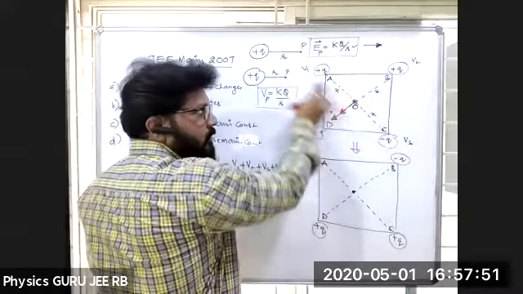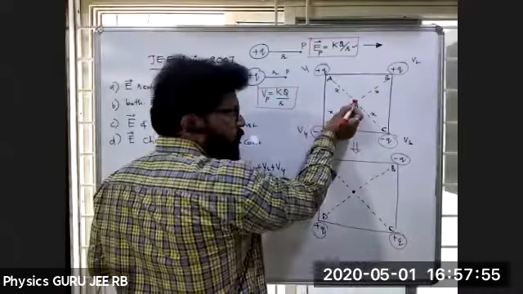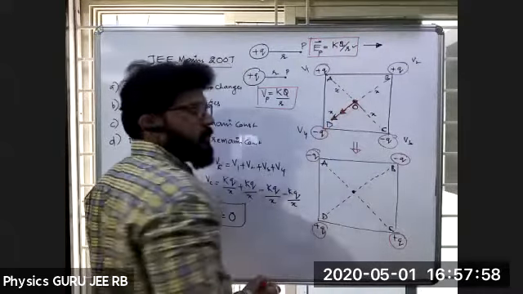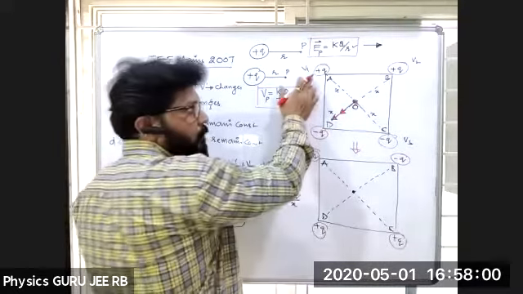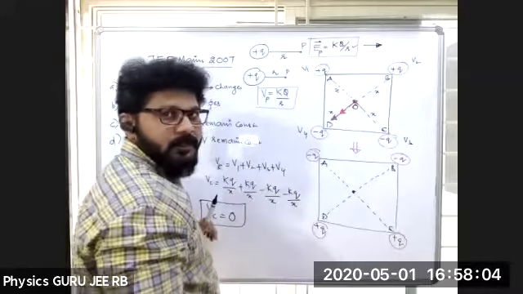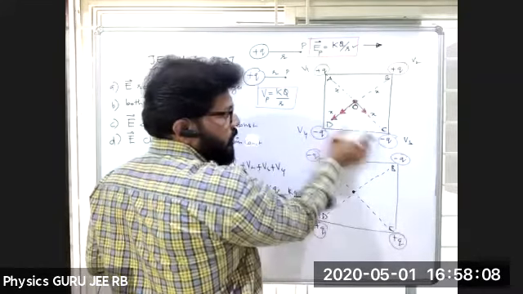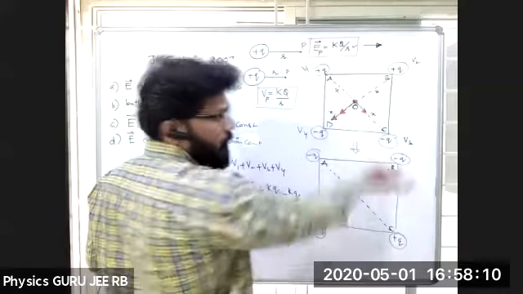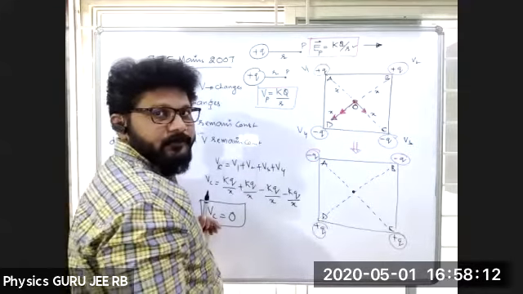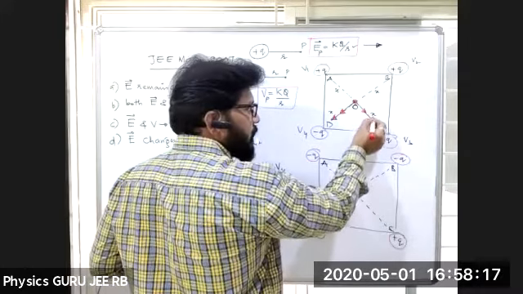Now if I take this positive charge at this particular point, is it away or towards? Can you tell me at this particular point? For positive charge, is it away or towards? Away. So this will be away from this one. Next, for a negative charge, is it away or towards the negative charge? Towards the negative charge, right? It's nothing but towards the negative charge.